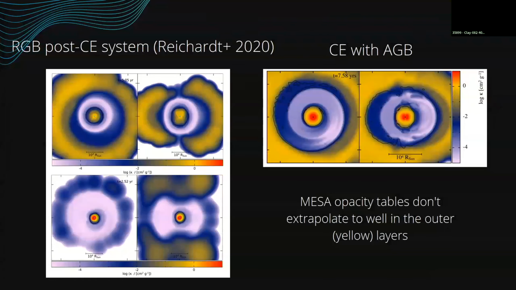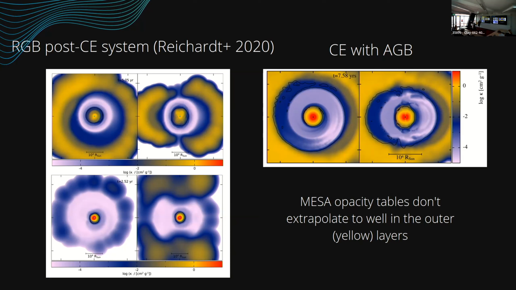Another comparison that we did with Ricard, in 2019 and 2020, was the opacity, right? So here you have the contour plots. I don't know if you can see the black contour here is for a temperature of 5,000 Kelvin. This is for Ricard. In our case, we did 5,000 Kelvin for the inner one, and the outer one is for 1,500 Kelvin, which is roughly where you start having dust condensation. So you have these two regions in which you have a high opacity. The problem is the outer region,